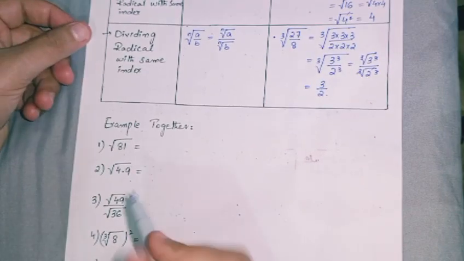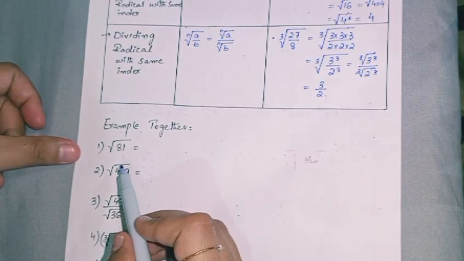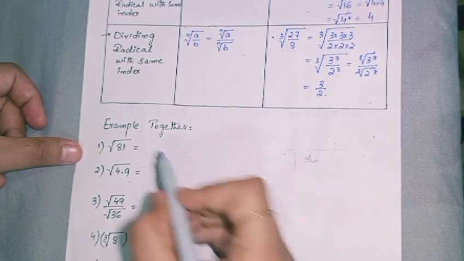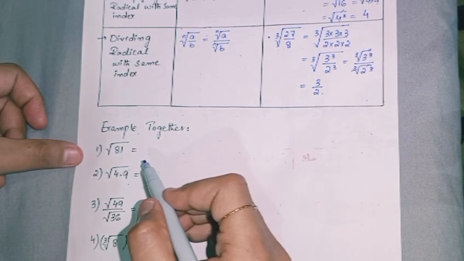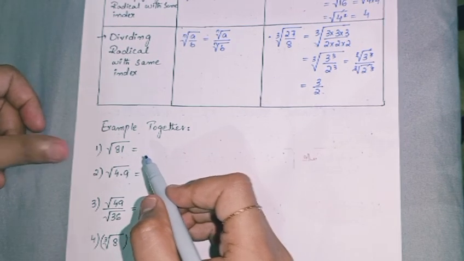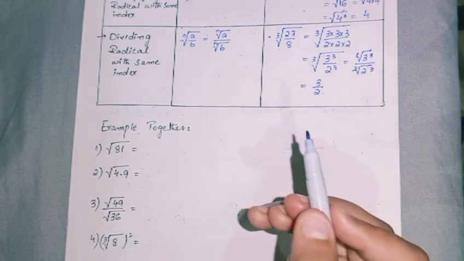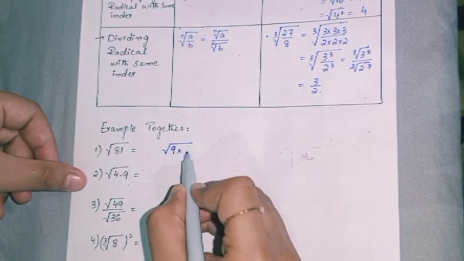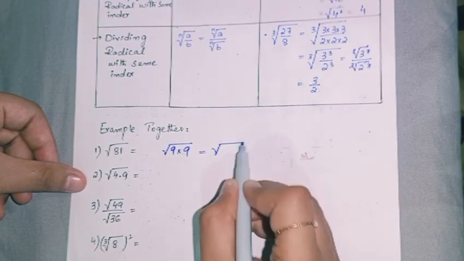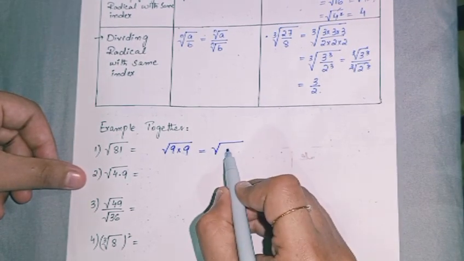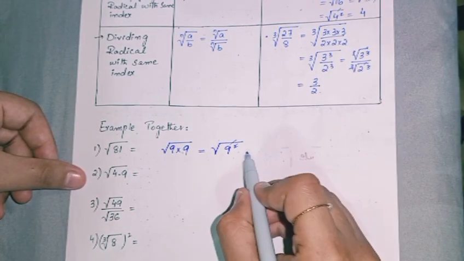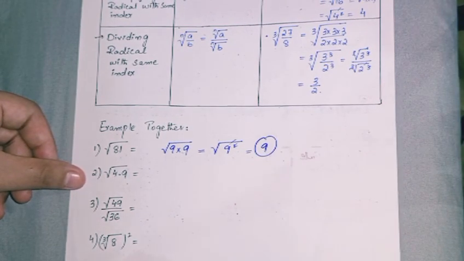You can see the first example here. It is square root 81. So square root of 81, how can you solve it simply? You can see 81, it is the factor. What will be the factors of 81? It will be 9 into 9. So can I write it in this form like 9 into 9? So it will be in the form of a square, the power. So you can write it as 9 square and this will be cancelled out with the square root and you will be simply getting the answer as 9.